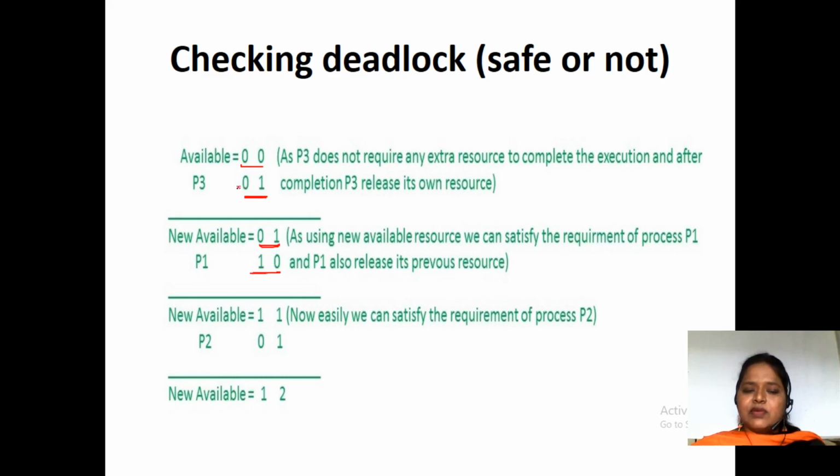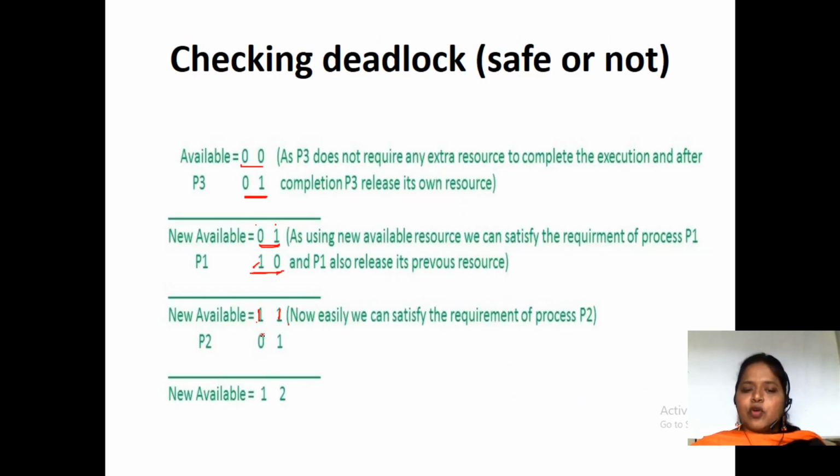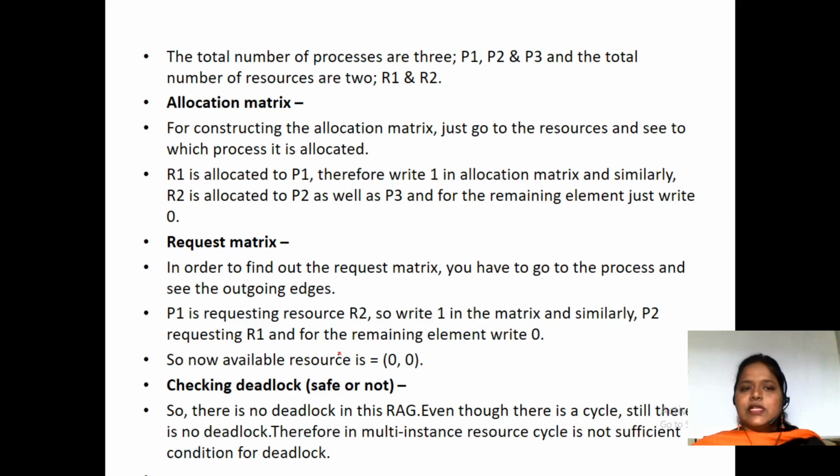Now previously the available was 0 comma 1. Now it was 1 comma 0. Now new available is 0 plus 1 is 1, 1 plus 0 is 1. Now newly available is 1 plus 1. So with this 1 and 1 can it be satisfied? Yeah, here one resource I need. So P2 will satisfy. So what P2 will do? P2 will release 0 and 1. So 1 plus 0 is 1, 1 plus 1 is 2. Like this we will be going to have newly available resources 1 and 2. So this system is safe. Fine. So this is the explanation of the thing what I have said.